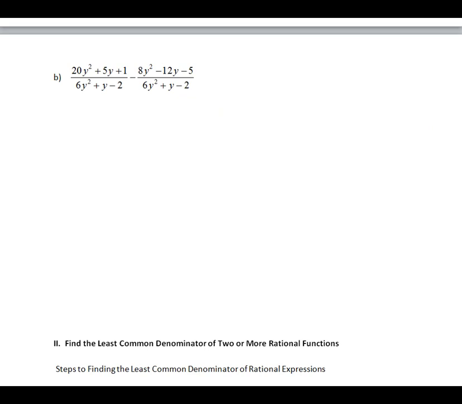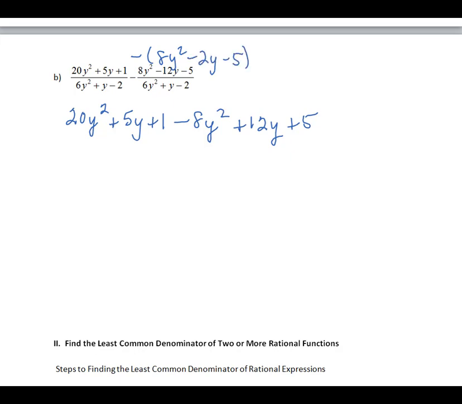Right, this one is a little bit more complicated, and since we're going to subtract the second polynomial from the first, another suggestion I might make is that instead of rewriting this with a minus sign and a set of parentheses, we know we have to add the opposite. So let's just focus on the numerators for a second. I'm going to have 20y squared plus 5y plus 1. Instead of writing subtract in parentheses, I'm just going to change the sign of every term in that next polynomial. So if I was subtracting a positive, I'm really adding a negative. So the 8y squared is negative, the 12y is going to be positive, and the 5 will be positive. So I'm adding the opposite of every term in the second polynomial,